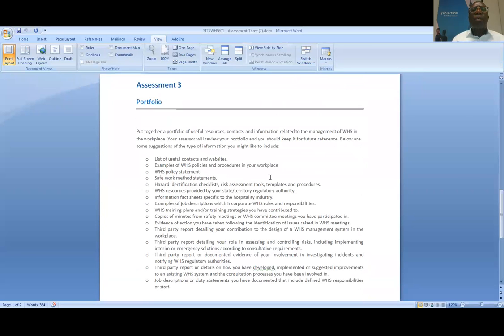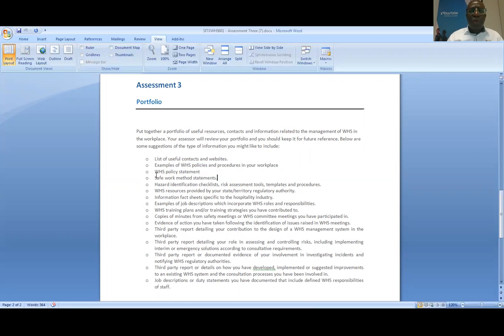So in assessment 3, what are they asking? It's a portfolio. Now, in this portfolio, what are you required to do? You've got to put together a portfolio of useful resources, contacts, and information related to the management of WH&S in the workplace. So what will this portfolio consist of? It will consist of the useful contacts, examples of WH&S policies and procedures in your workplace